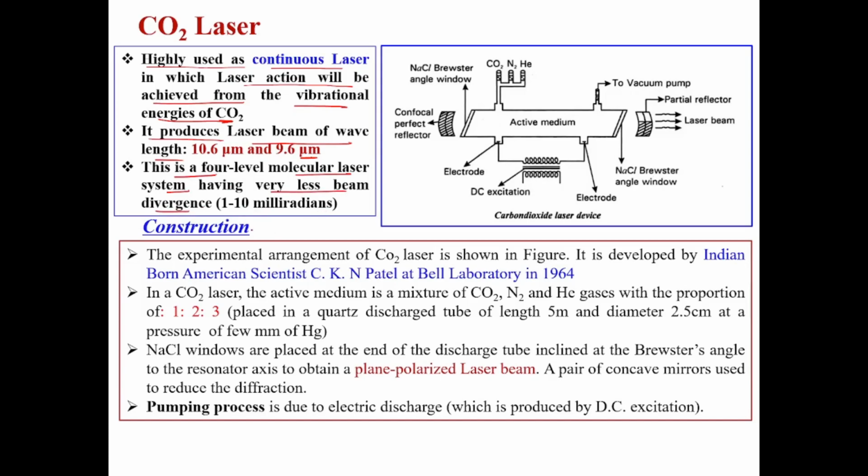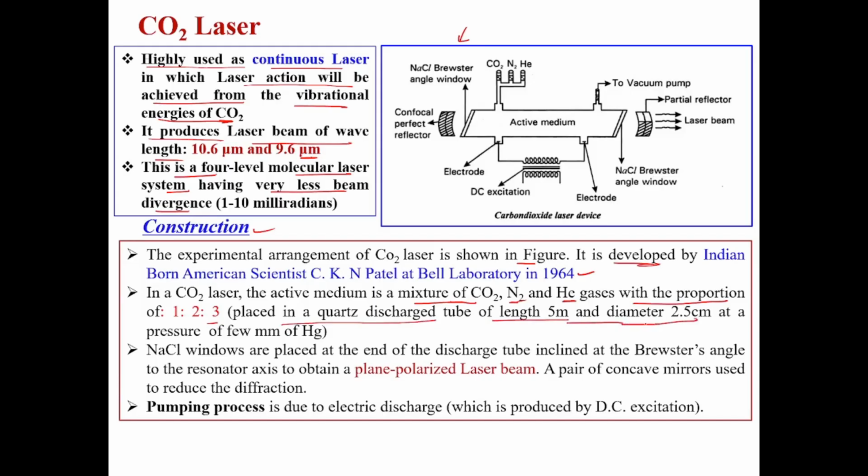Now we are going to go for the construction part of carbon dioxide laser. This figure represents the construction of the carbon dioxide laser. The experimental arrangement is shown in this figure. It was developed by the Indian-born American scientist Patel at Bell Laboratory in 1964. In carbon dioxide laser, the active medium is a mixture of carbon dioxide, nitrogen, and helium gases with a proportion of 1:2:3, placed in a quartz discharge tube of length 5 meter and